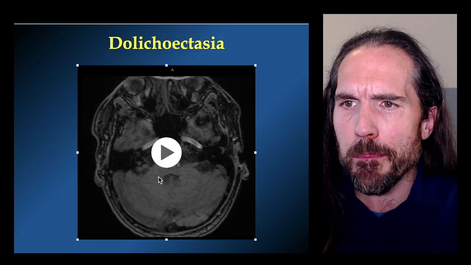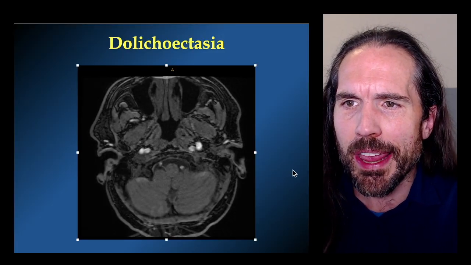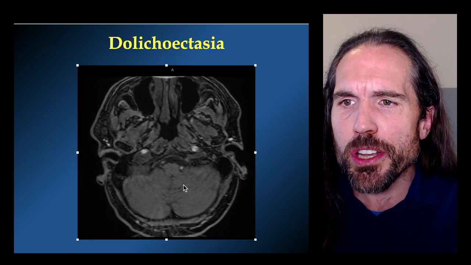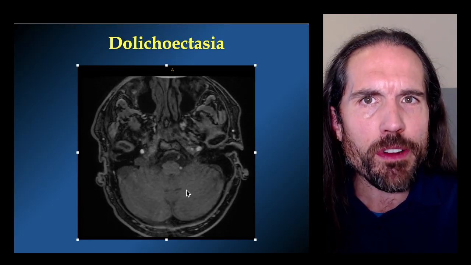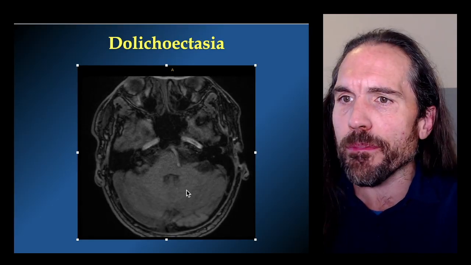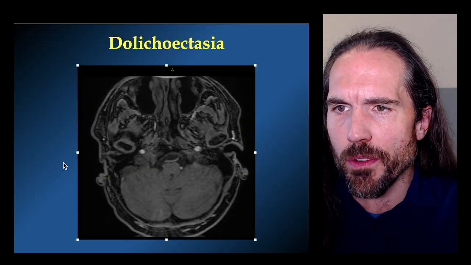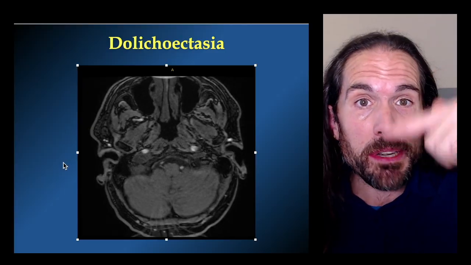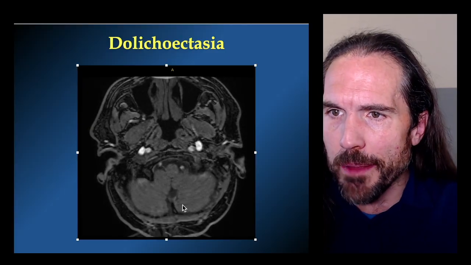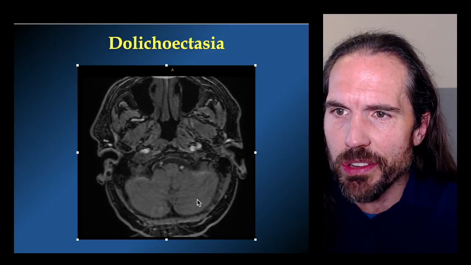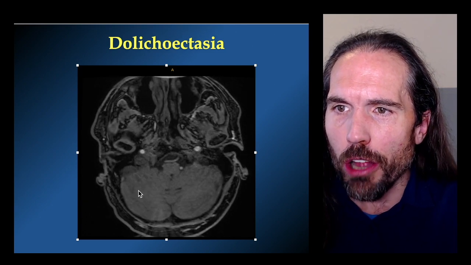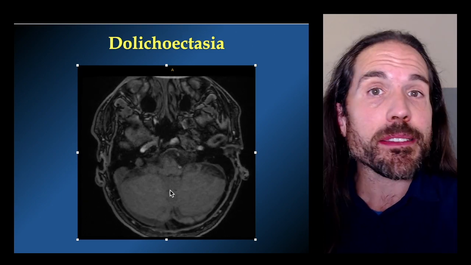So what I have here is a little video, and it's going to go through in little slices, so we'll cut back and forth, but I'm just going to start playing it right here. Just to give you a little bit of orientation, we're looking as if from the bottom up, so left side is over here, right side is over here, and it's going up and down just a wee little bit. So this structure that you see in the back, this cauliflower-shaped thing here, that's the cerebellum,